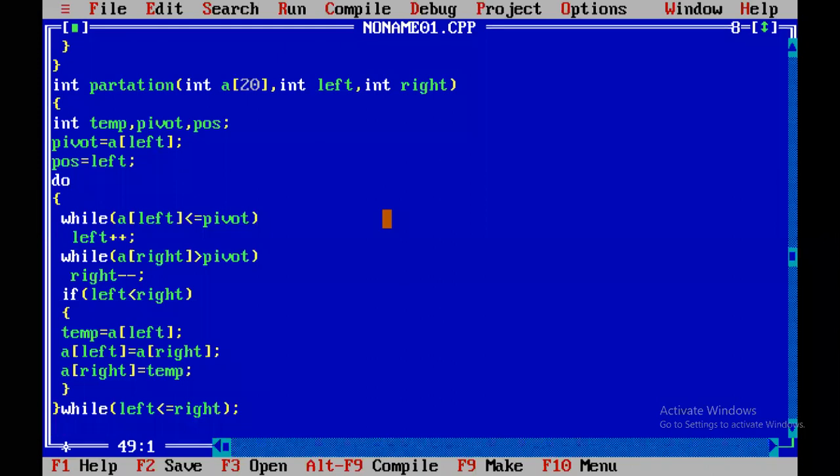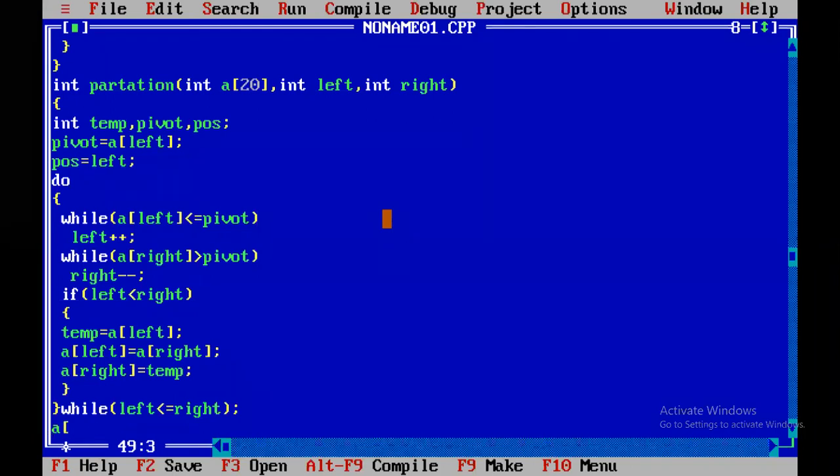So to sort the numbers, we interchange the numbers. Finally, whenever left is less than or equal to right, we perform this operation continuously. After that, you have to interchange the right element with the pivot.